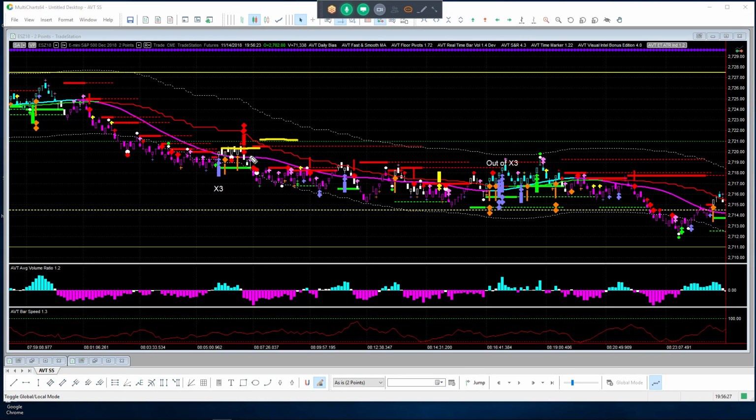Obviously, it didn't go my way, so I'm going to put in my next entry, and that's going to be at 27.18, which is going to be there. So as you can see, it would have come down. It would have been filled there, and my 9 tick stop, I would have just grabbed it and moved it down, right? When I put in my second bracket order,